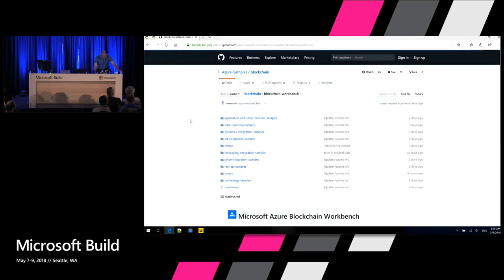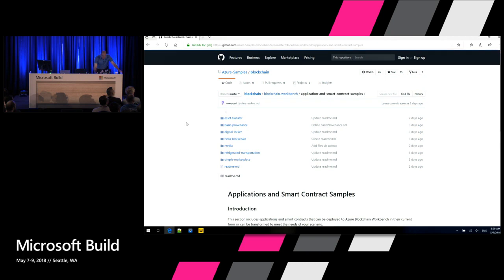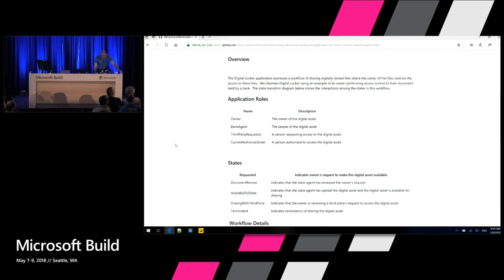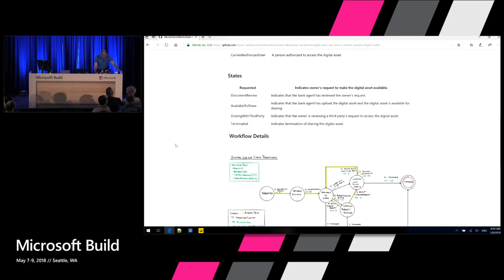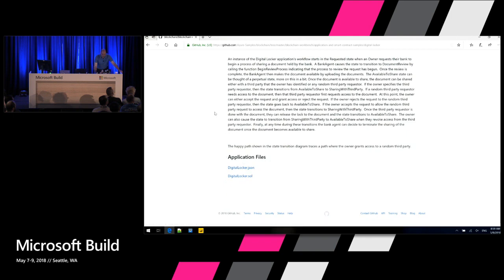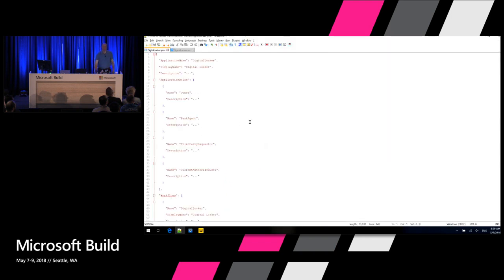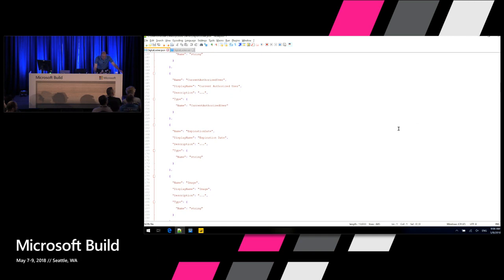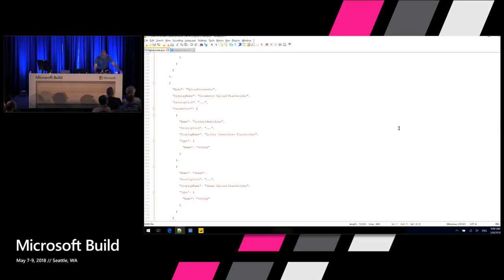And if I go in and I choose smart contracts, I've got a variety of them. I'll just go into this digital locker. That's the one I happen to pull. You can see that we've provided some explanation of the sample business processes that we've modeled. Who are the roles? What are the states? What's the workflow detail? Why does it work the way it works? And then what are the files? These are those files. The first is a JSON file that describes those states and those roles, who's allowed to make the transitions, what fields exist. And so it's very straightforward. I'll just scroll down. You'll see there's nothing very fancy here. Here are the states. Here are the fields. Reject application. Here are the transitions.